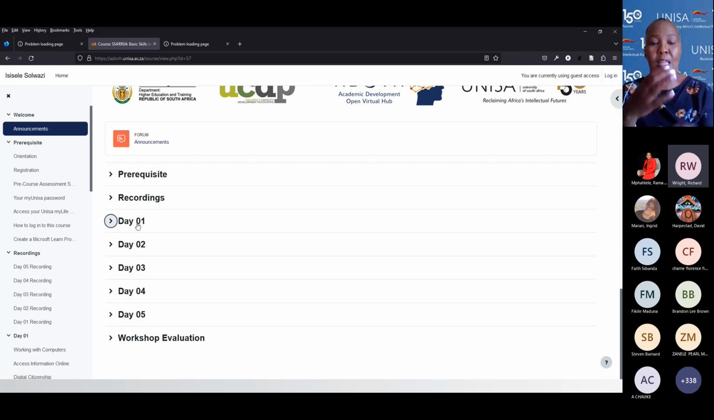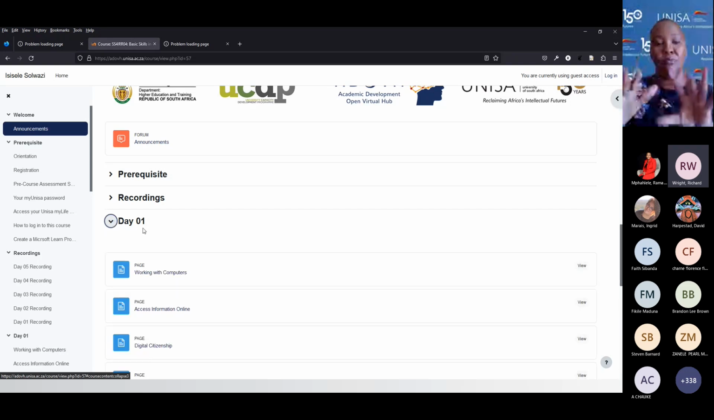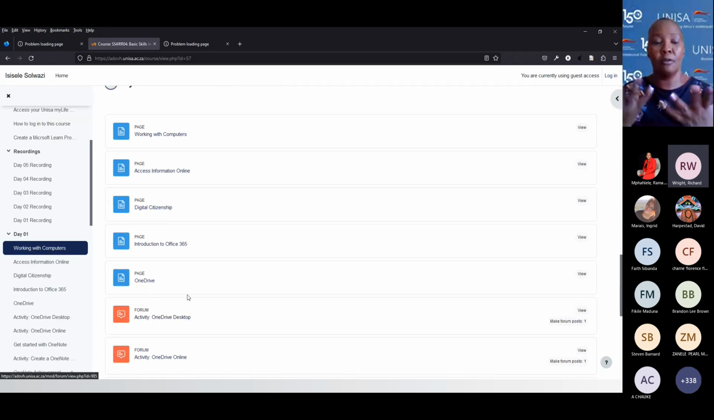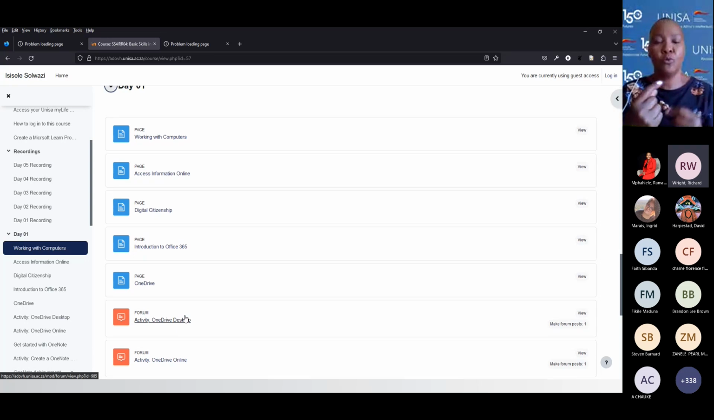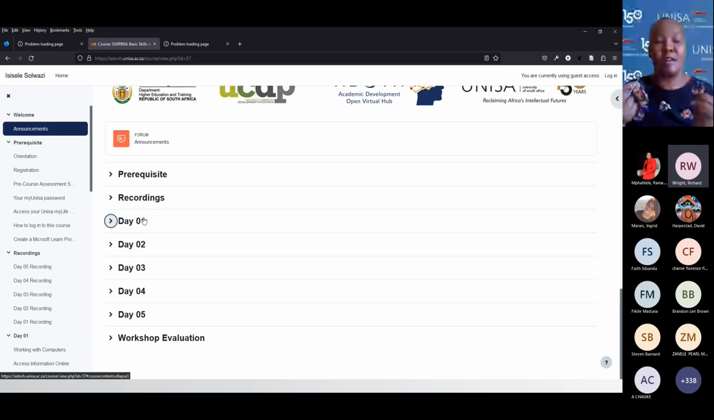So we will direct you, for instance, when we do the activity on OneDrive, we will show you exactly how to get to that activity, because all the steps are on here as well. So you can work through this material. The recordings will be made available after the session, so you can easily access the recordings afterwards if you perhaps get interrupted with load shedding or anything like that,